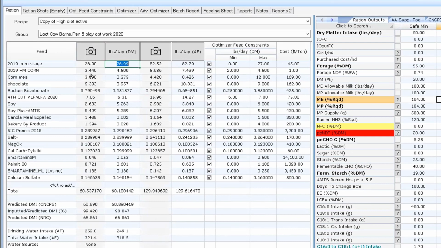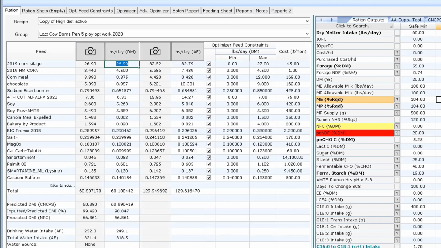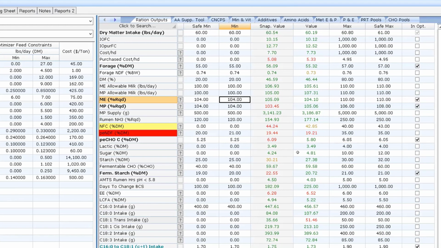which means when we look on the recipe side, there are some pretty big changes here in the amount of corn that it was using and the amount of this chocolate candy cookie byproduct. So it was able to reduce that fermentable starch, and we ended up with a little bit more sugar and probably a little bit more soluble fiber in this diet as well.